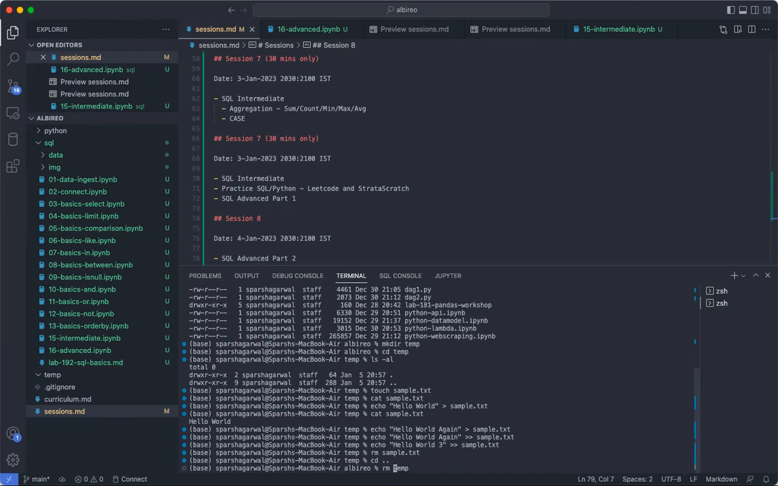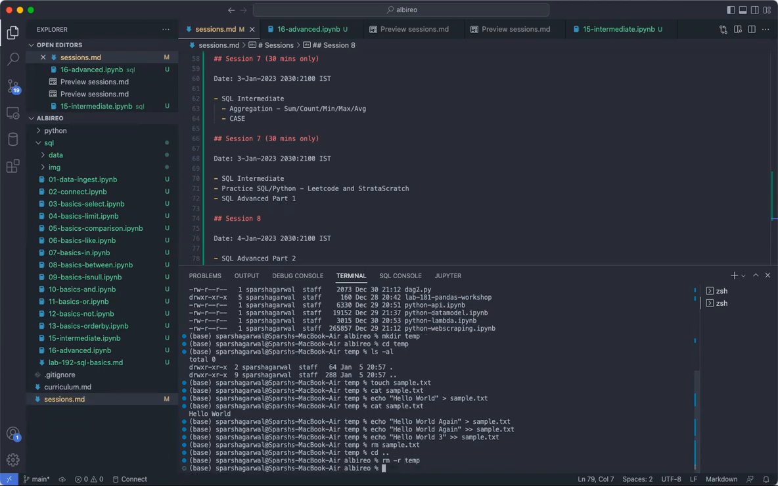Why? Because it will say it's a folder, so it cannot delete. So we need to use the minus r flag. Then the folder is also gone. Then I think we understood how to create the files, how to create folders, how to insert the text into the file, how to list, how to